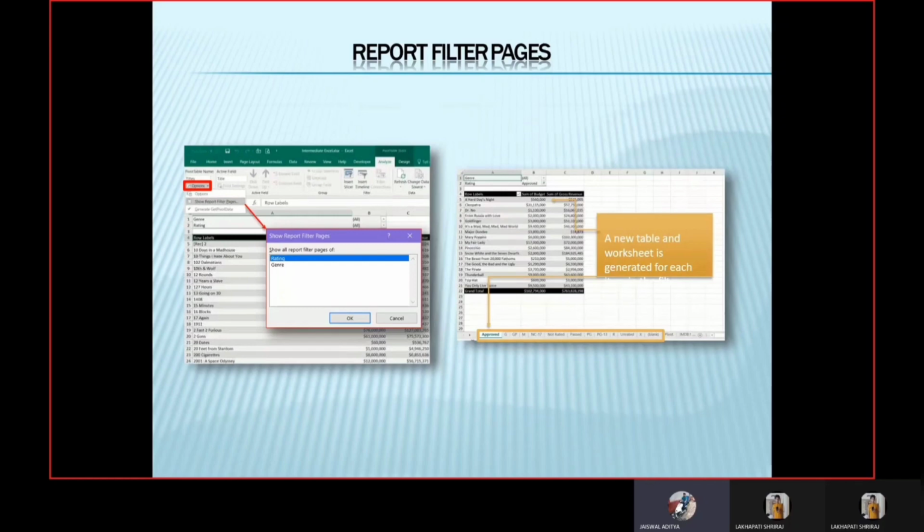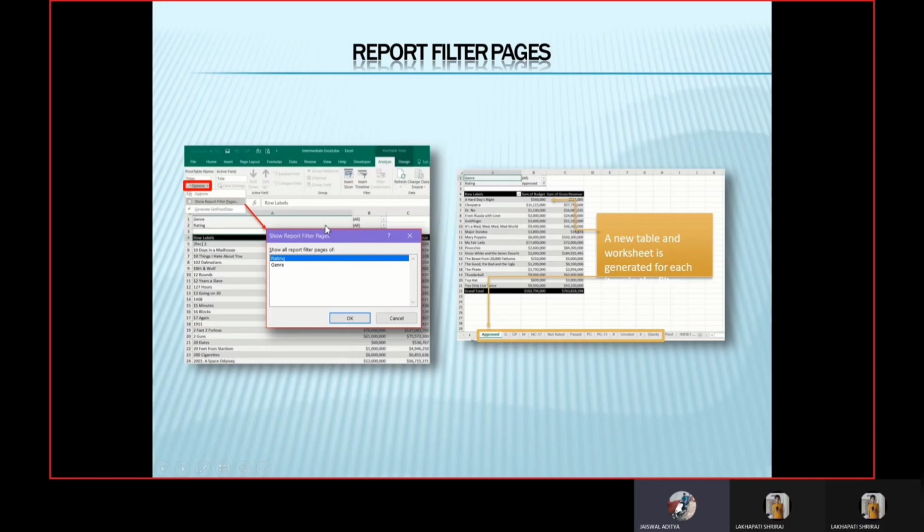So the last part is report filter pages. Okay, so here show report filter pages is great if, when creating your pivot table, you add your data to the data model. In the same way, we have to go to the Analyze option. We have to click over here the options. In the options, it will show us Show Report Filter Pages.